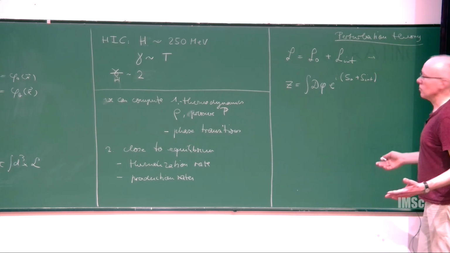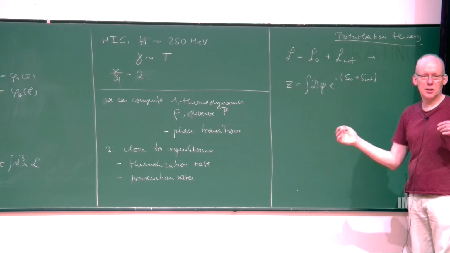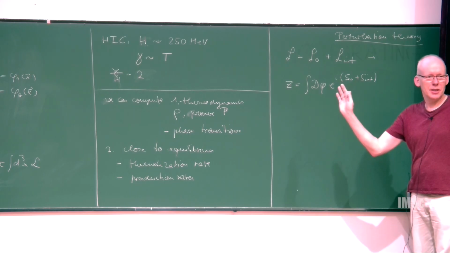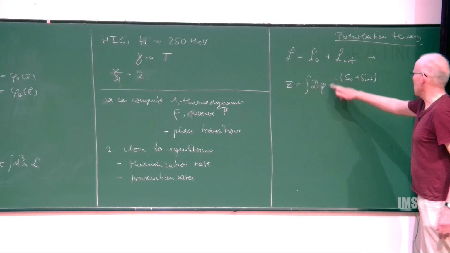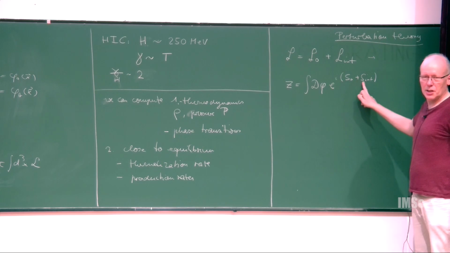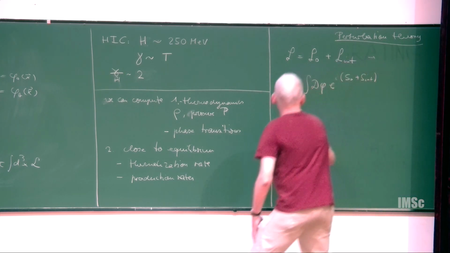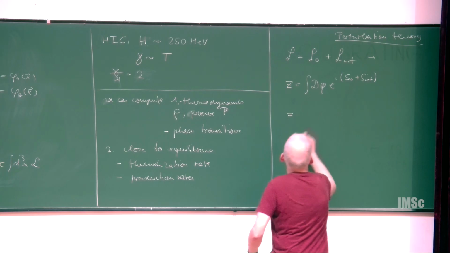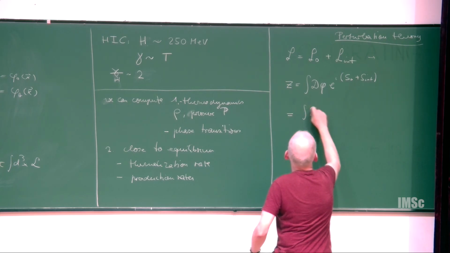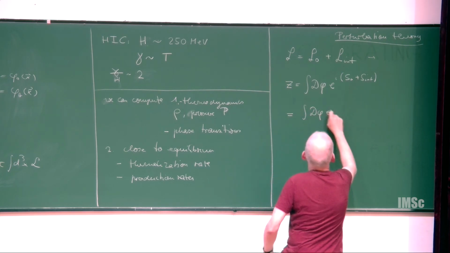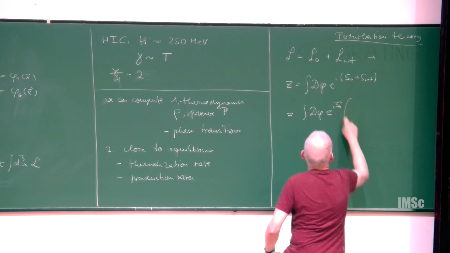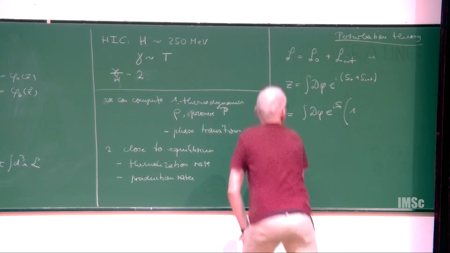And that's a nice thing in the path integral. Perturbation theory is so easy. These are just c-numbers here. You just expand in S interaction. So you can write this as the integral d phi e to the iS naught. And then this is the lowest order.